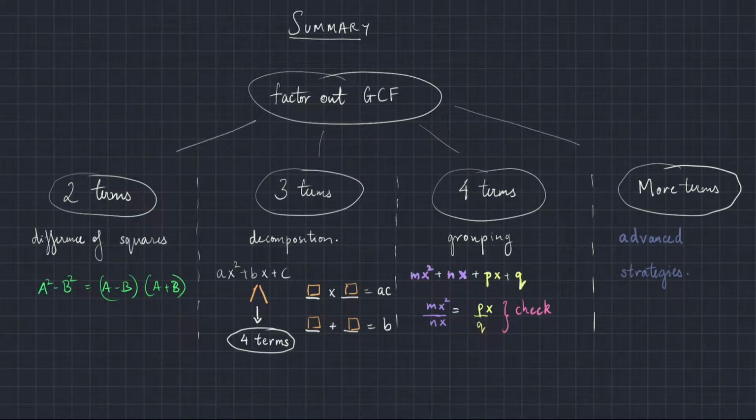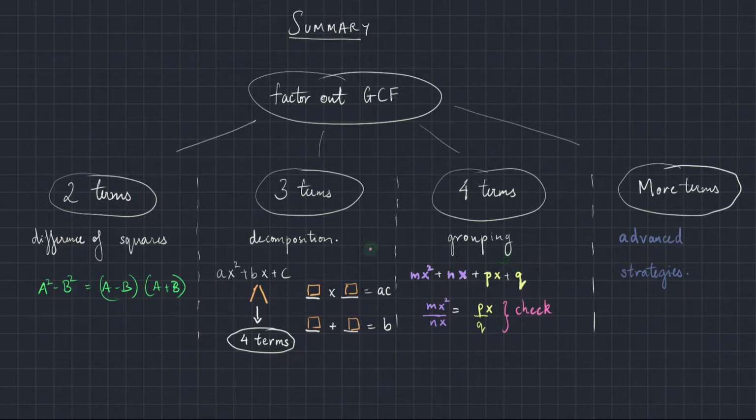Let's summarize all the factoring strategies that we learned today. Always the first thing that we do is to factor out the greatest common factor. This is going to simplify your expressions greatly and make your life much easier. Once you factor out the greatest common factor, you can proceed to factor the rest of the expression. The first strategy that we looked at was grouping, and grouping is used when there are 4 terms. Grouping only works when the ratio of the first 2 terms equals the ratio of the third and the fourth term.